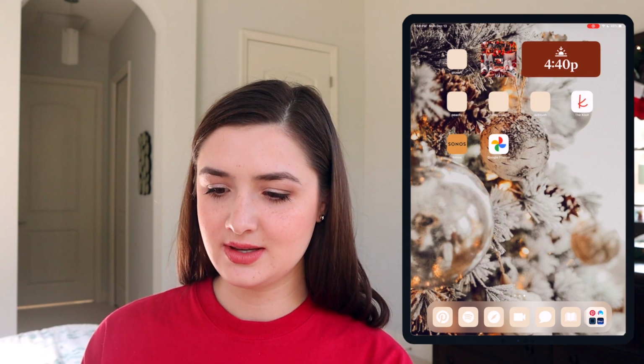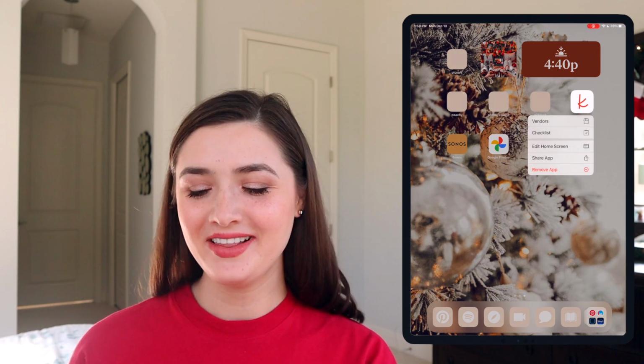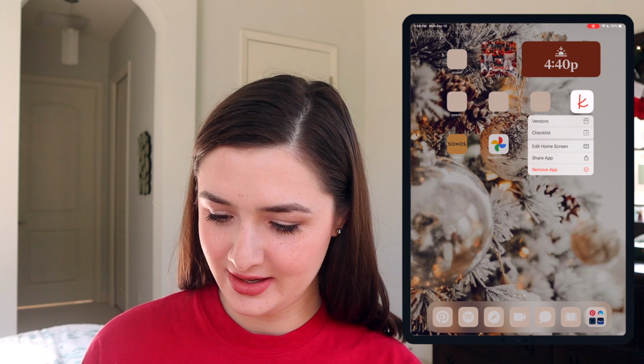Cute. This one's kind of a scrap page that I just have some random stuff in.